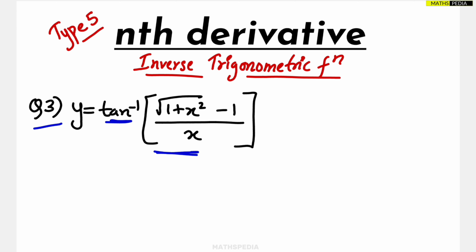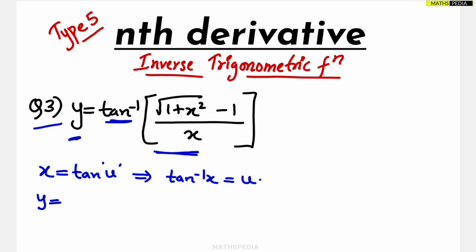We'll substitute in place of x, tan u. This is a variable I am taking. X and y are already there, so in order to avoid confusion I have taken u. You can take any other variable, v, z, whatever you want. So that implies tan inverse x will be equal to u. Simple. So y, the function, becomes